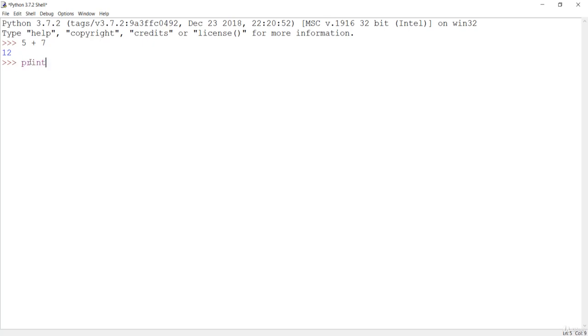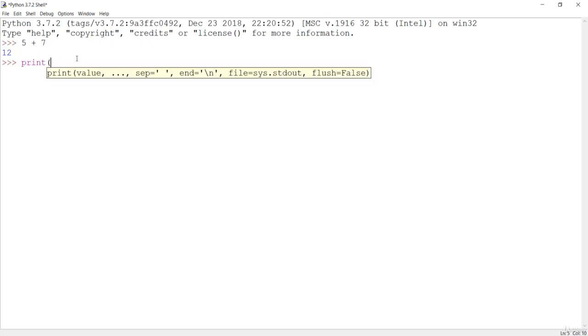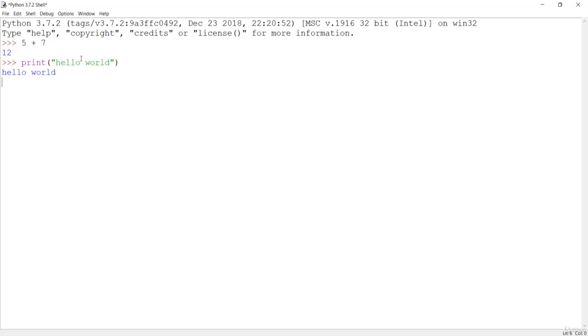So the first command in Python is the print command, which will just print anything you pass inside this parenthesis. So let me say hello world, and if I just hit enter, you'll see hello world has been printed in this terminal with this print command. So print is the command which will just print the value that is passed to this print method. So print is an inbuilt method in Python.